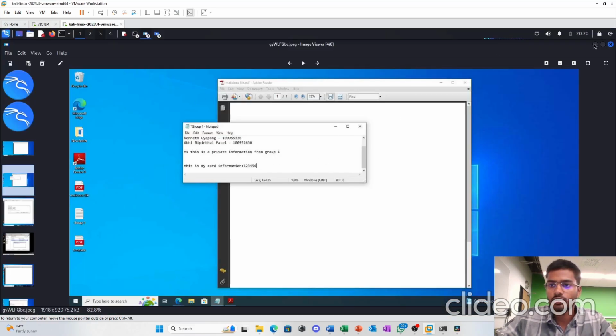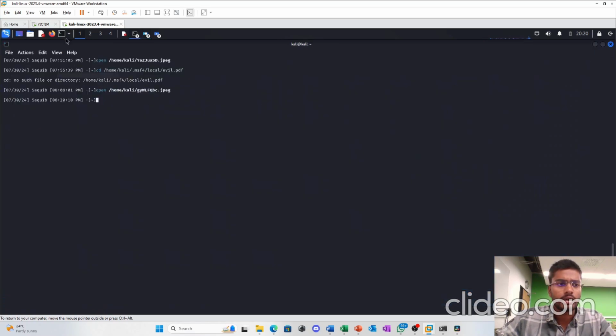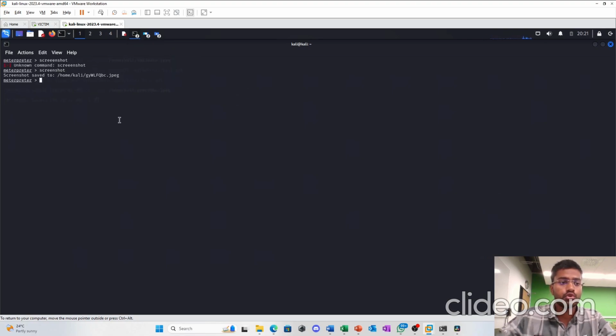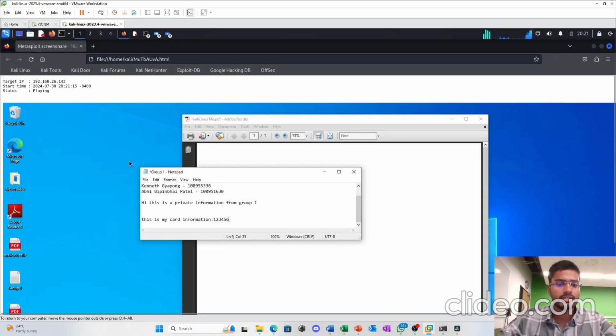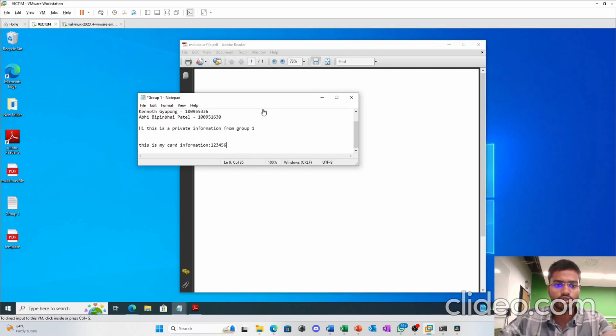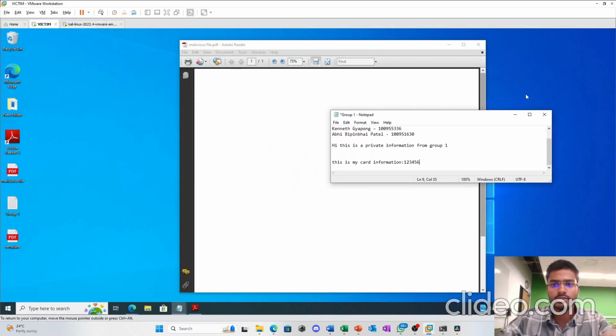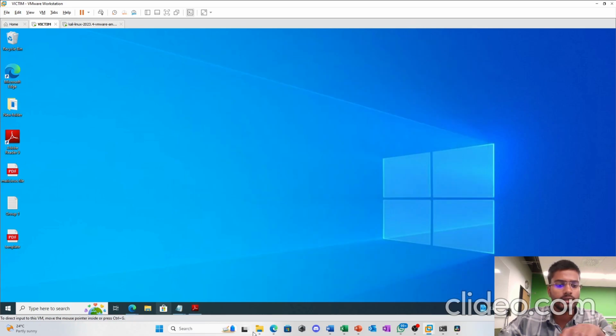This is the screenshot, and there are many more commands which we can run, such as live screen sharing. Sorry, that's not the command. It's screen share. So it's opening right now, and then it will be streaming. This is my live view from my virtual machine. If I go to my virtual machine, change the direction of this, and if I'm opening any